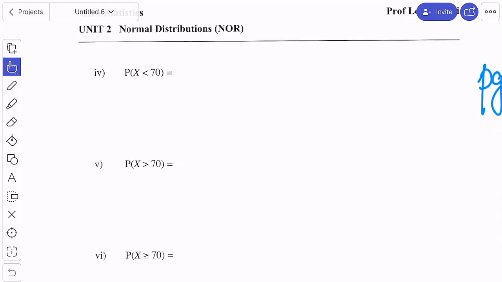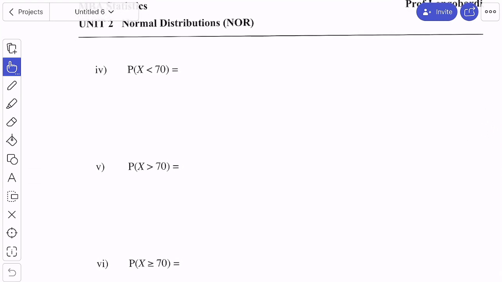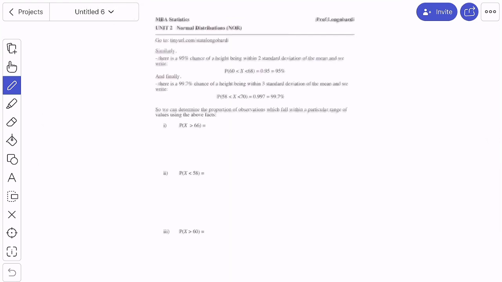You're supposed to apply the 68, 95, 99.7% rule to solve these problems, and not use anything else. The idea of these exercises was to make you understand the deficiencies of using only this rule. So if I use this for this problem, is that correct? Let me double check that's what I did here. Yeah.